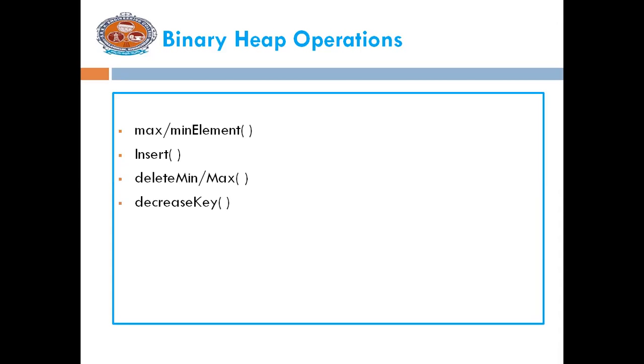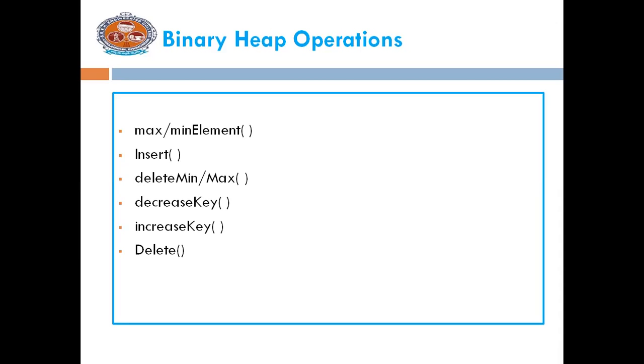The next one, decrease key. Decrease key is used to decrease or lower the key value in a particular position. In this case also we have to readjust the tree because the value of a particular node is modified, which means maybe the heap order property doesn't hold, so we have to readjust the tree. And the next one is increase key. Here also increase key is used to increase the key value in a particular position. Here also we have to readjust the tree.